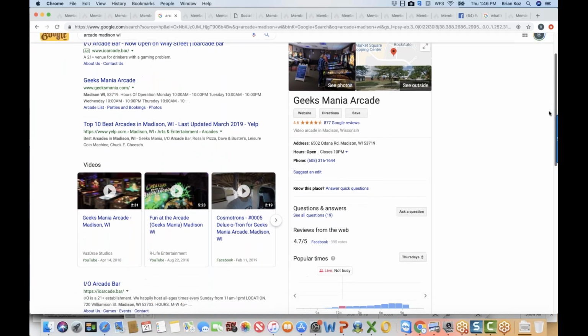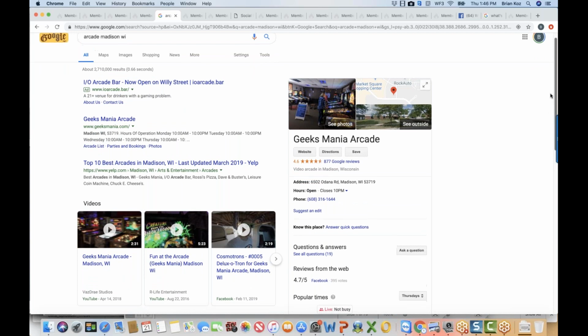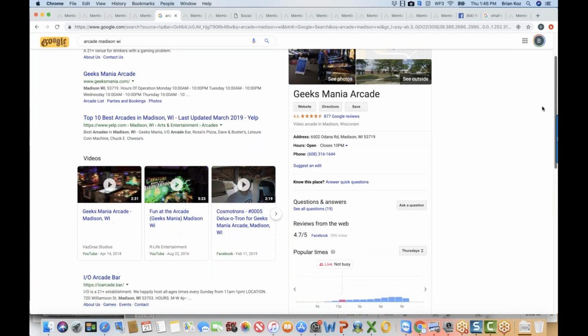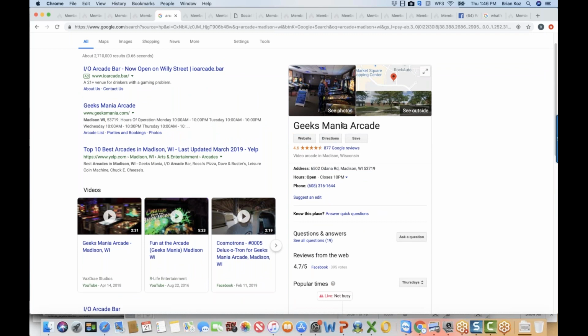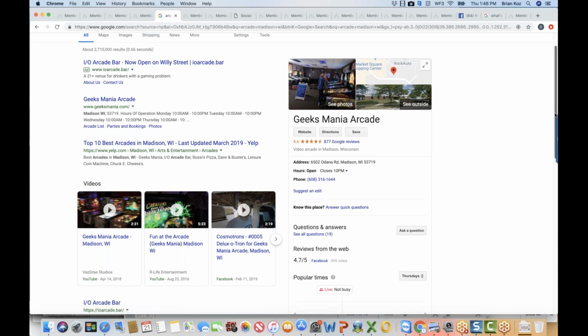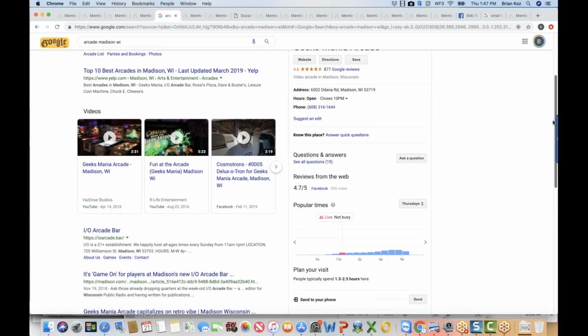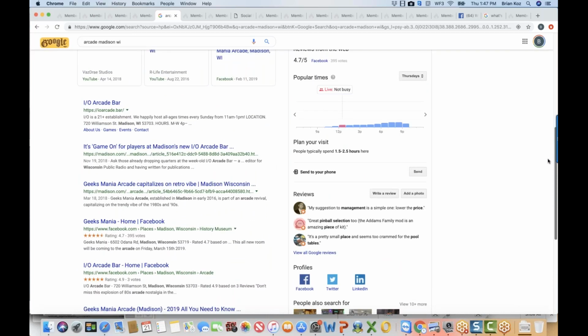But what pops out to you right here? Probably that big right side, right? There's a site that shows up right here, has directions, has some graphics of it, has a number, usually has some social media reviews, a whole bunch of things right there.